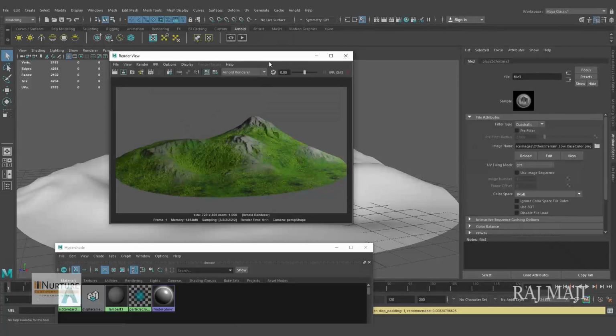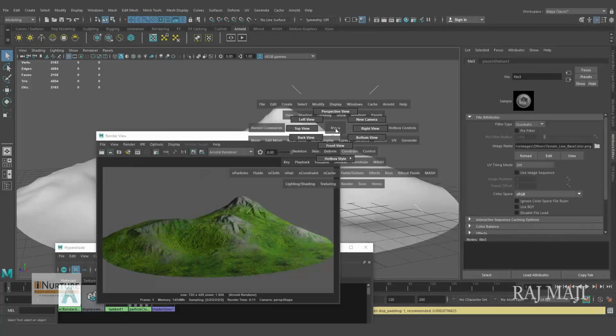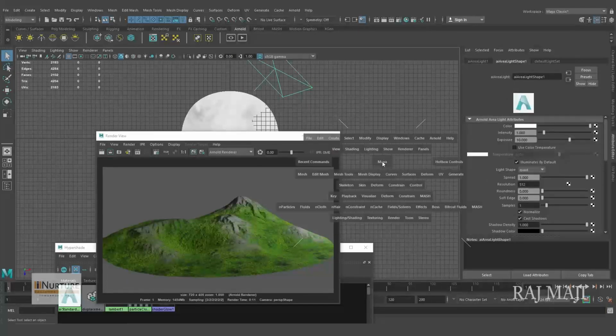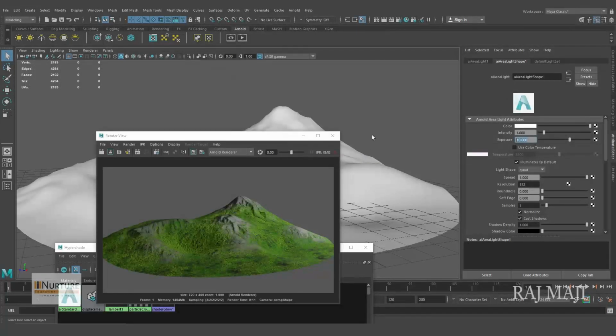So now I can go to my top view and select one light. I'm just working with this light, and now I am feeling I can increase the exposure a little bit.